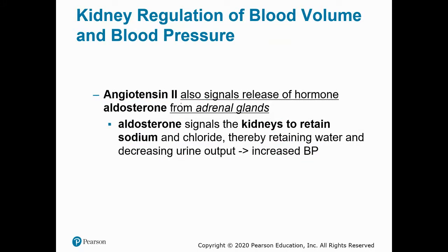Angiotensin 2 will also signal the release of another hormone called aldosterone. This one gets released from the adrenal glands on top of the kidneys. Aldosterone acts on the kidneys to tell the kidneys to,